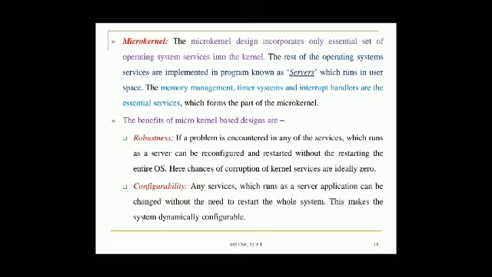Coming to the second point, configurability. Any service which runs as a server application can be changed and updated on a need basis. This makes the system dynamically configurable. So that's all about the kernel services offered by the operating system. Thank you.